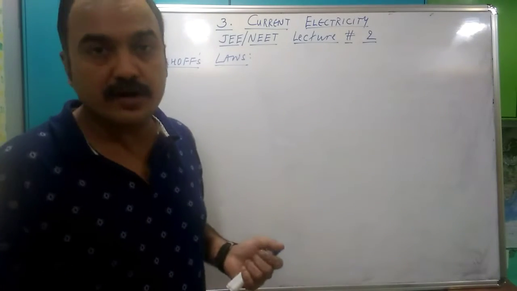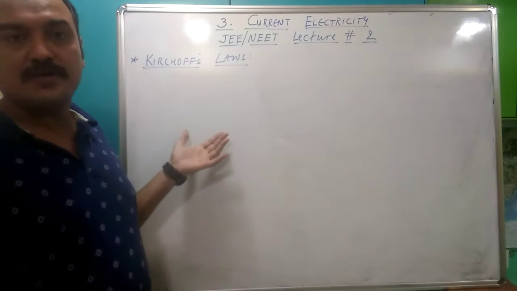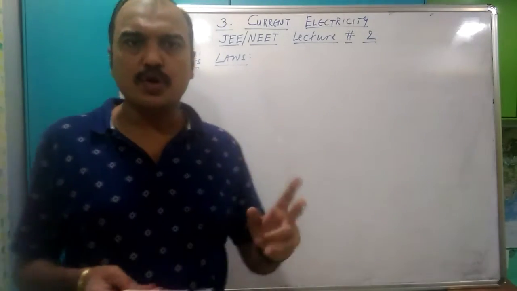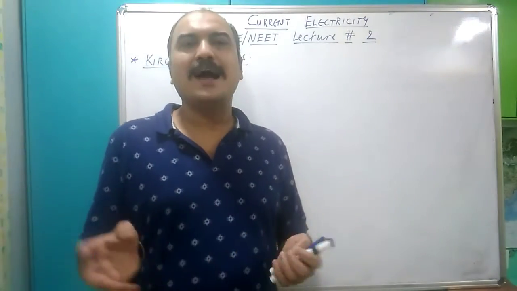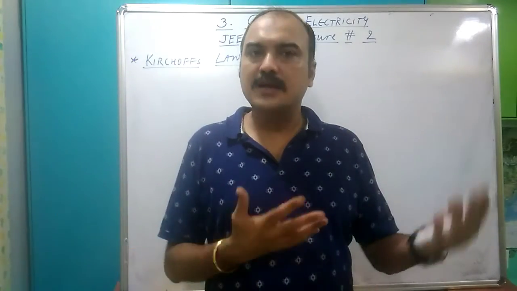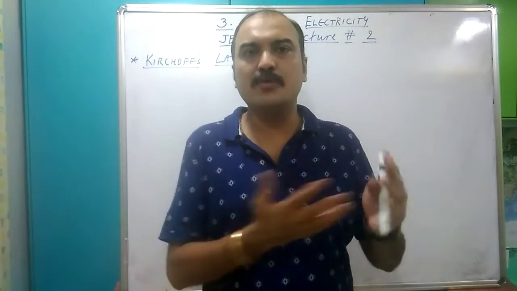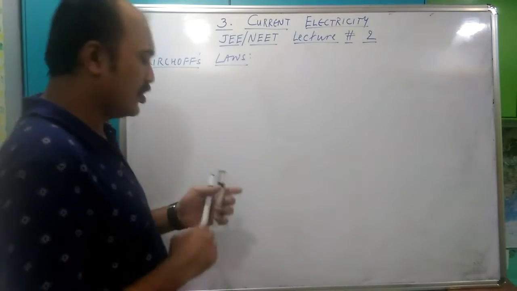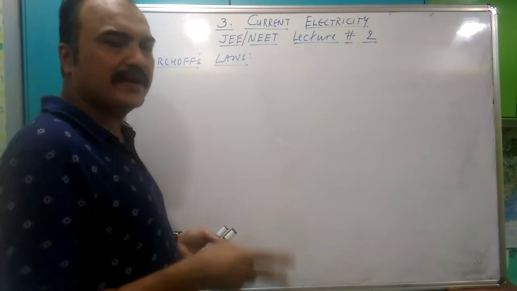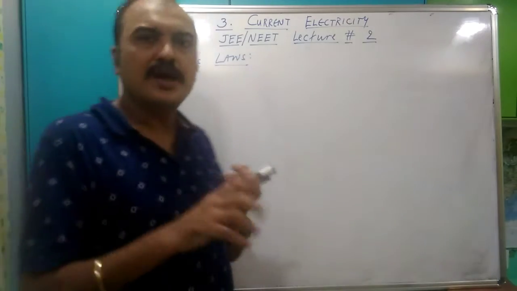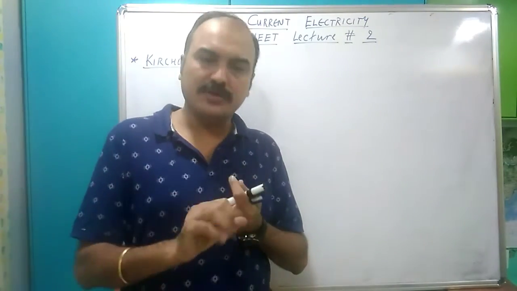Today is the day for Kirchhoff. Alright, so Kirchhoff's laws are in vogue now. Kirchhoff gave us a set of two laws, very important laws, and these laws have been used for many years to analyze currents in the circuits, to analyze how much potential difference is there. So all this boils down to two laws. For the two laws to be in effect, the first thing we need to know is the definition of junction and loop and also network.